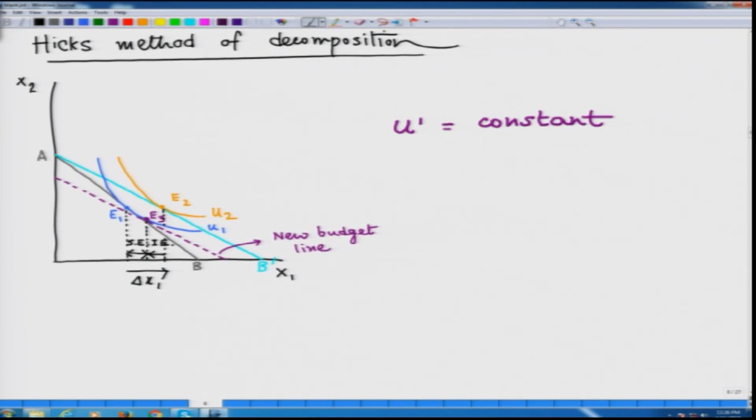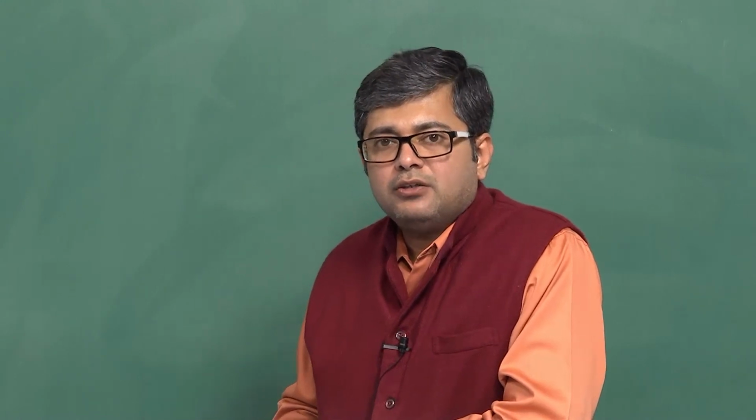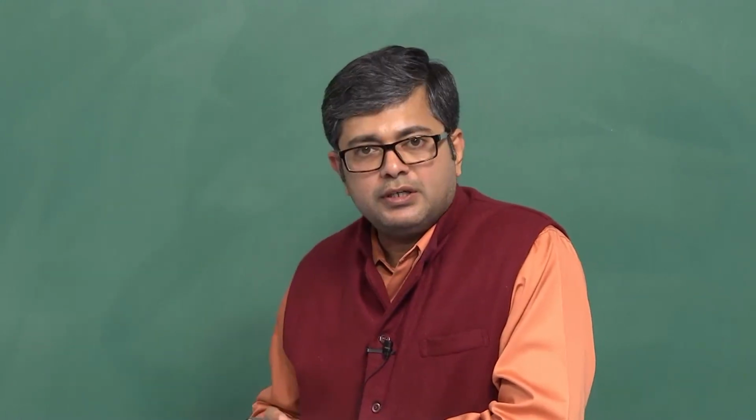Now, let us see what is the implication of this substitution effect. So, this decomposition of total price effects in two parts is very important in microeconomics. These have several implications in the case of public economics and environmental economics, but we are not going to discuss them, but we are going to definitely see what is the implication of this substitution effect, why this is so important. The substitution effect actually gives a downward sloping demand function.